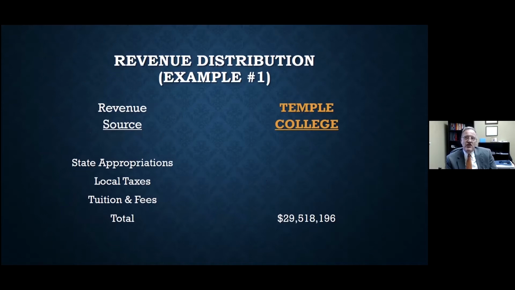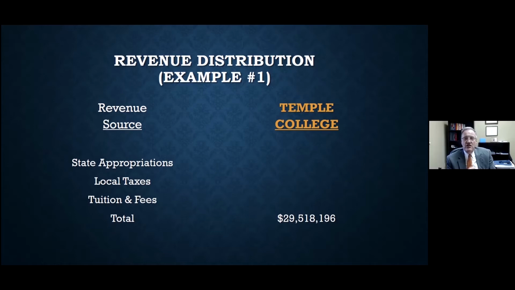Ideally, this three-legged stool, these three sources of funding would be virtually equal and of equal importance to schools. But I want to show you that for most of our schools, that is not the case. And so I want to give you several examples of revenue distributions that you might find at colleges throughout the state. And this distribution of revenue can have an impact in the budgeting process on which of these sources of